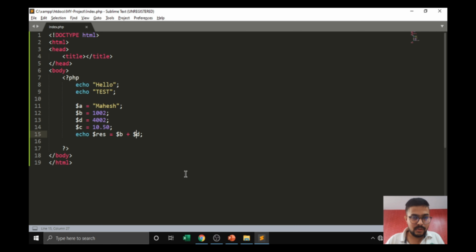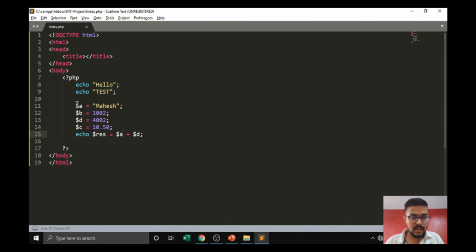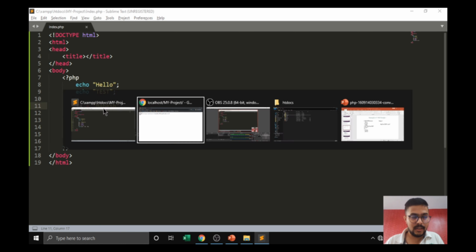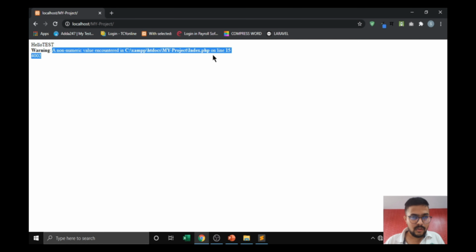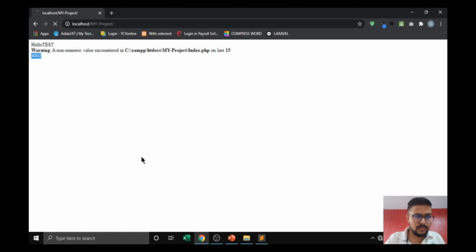If we add a and b, or a and d, it will give you a warning, because a is a string, and we cannot add a string or non-numeric value to a numeric value. We have to make changes so that it is only numeric values. We can add with c, but not with the string.